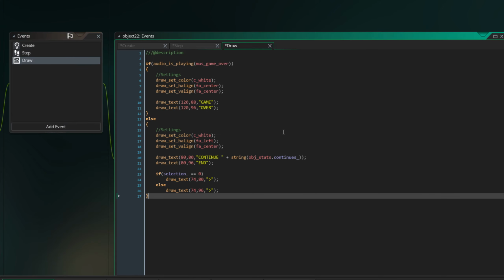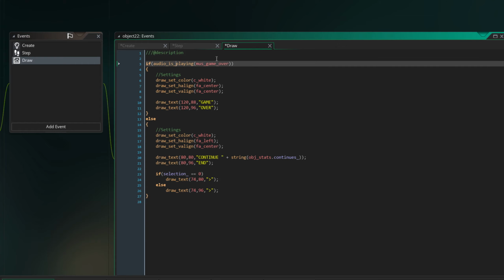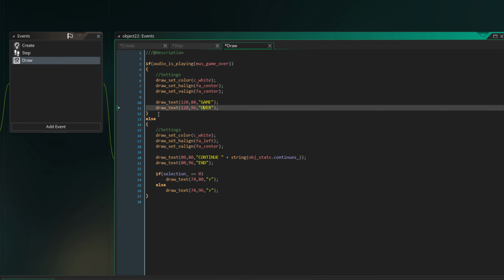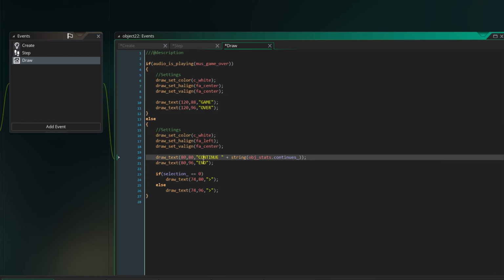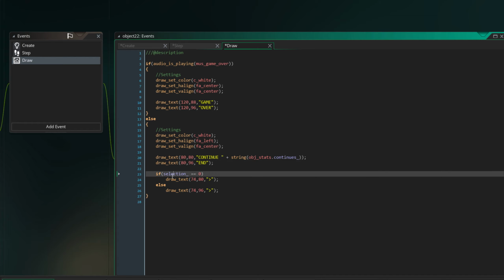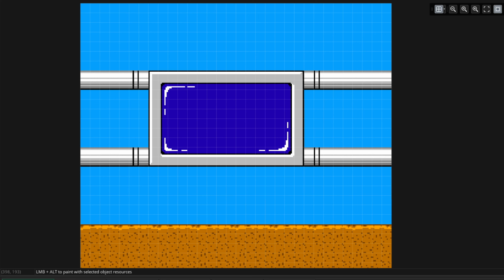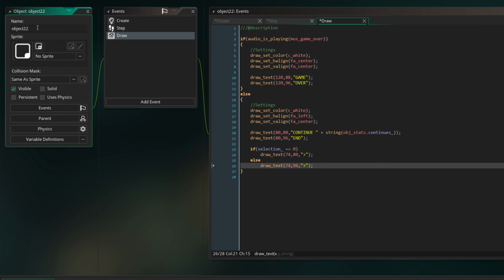Because we have to draw the text onto the screen. If audio is playing music underscore game over, then draw game over. Else draw our continue and end options and our selection caret and its position. So that's fairly easy. Come back over to our room death, and if you forgot to name your object like